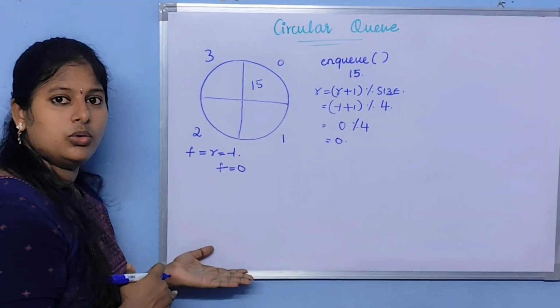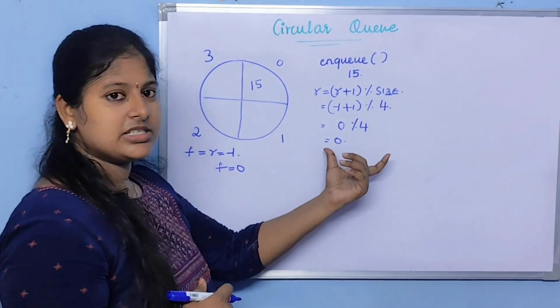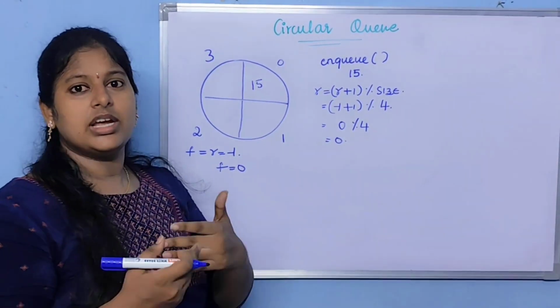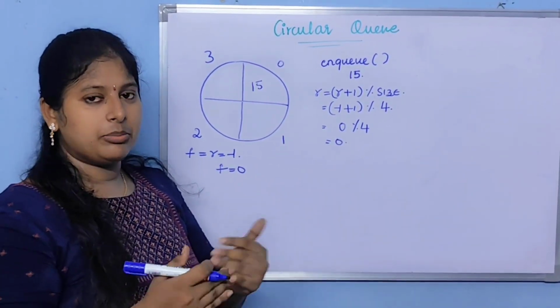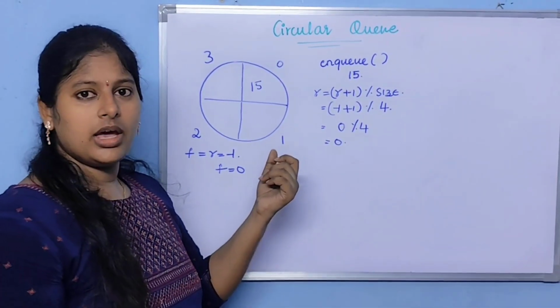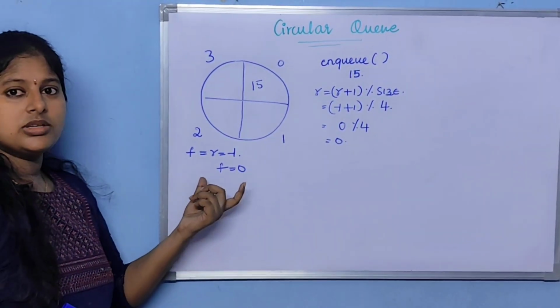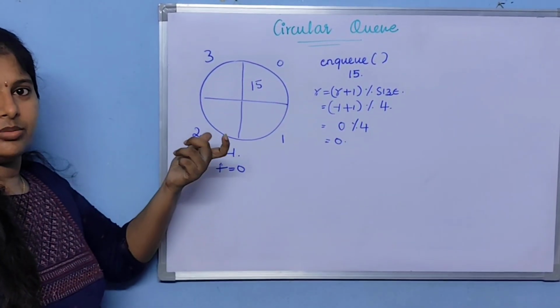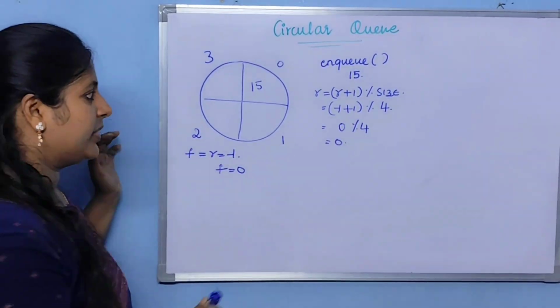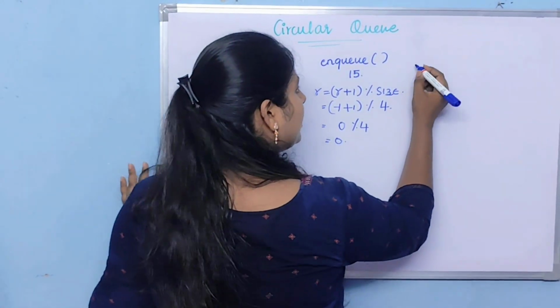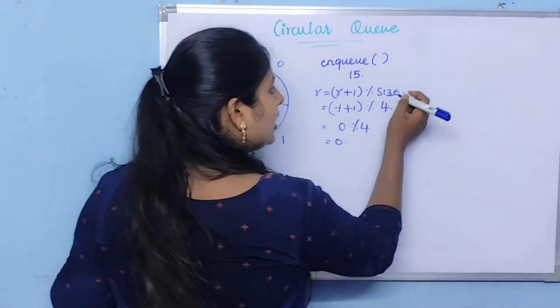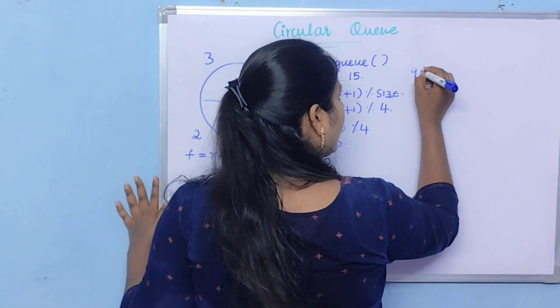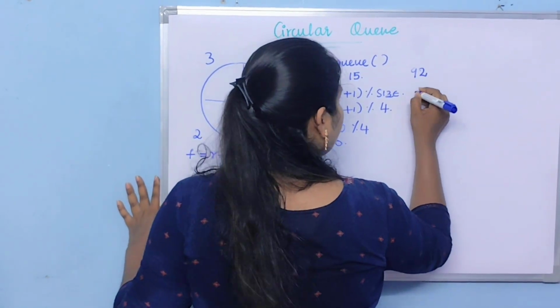Just like the queue, when you try to insert the first element, rear gets updated with this formula. And the front value also gets initialized to 0 when the first element is added. Then again, when you try to add elements, only the rear value will be updated. Now I tried to add 92. So rear equals